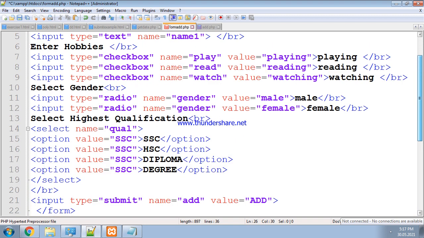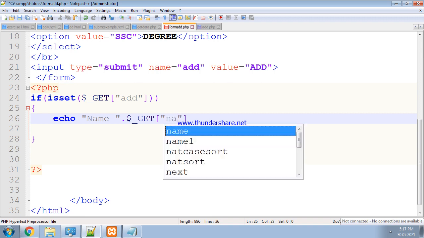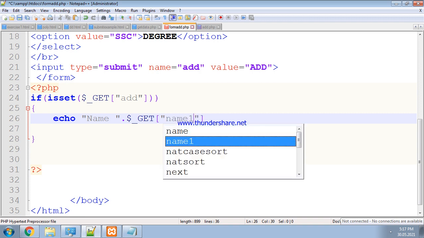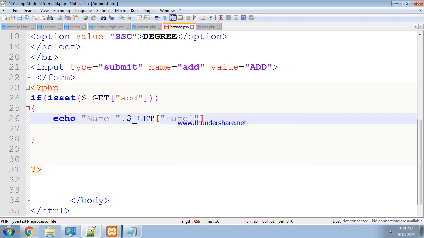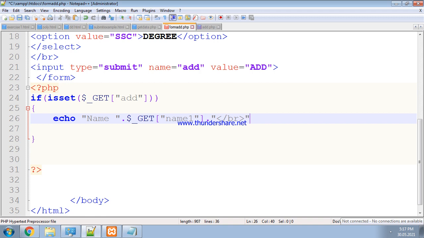What is the name of the text control? The text control name is name1, so give the name name1 here. Now again a dot, then in double quotes give the break tag for transferring the control to the next line. Now here the break is given.